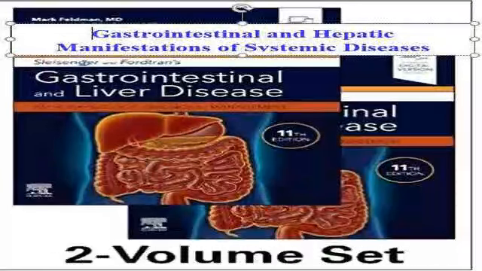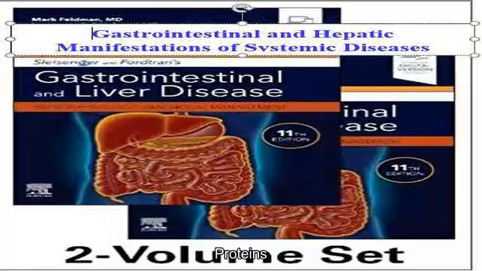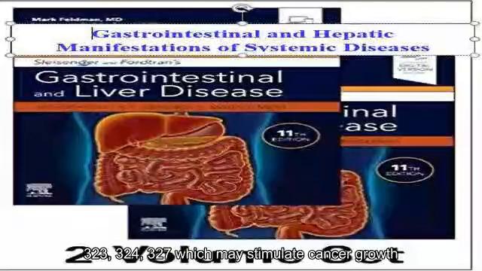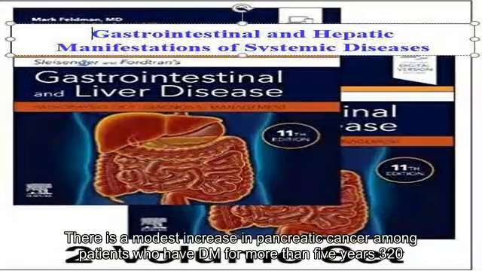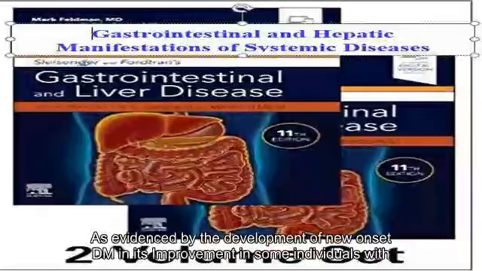326 Insulin resistance with secondary hyperinsulinemia lowers the concentration of insulin-like growth factor, IGF, binding proteins, leading to an increase in bioavailable IGF-1 concentrations, 323, 324, 327 which may stimulate cancer growth. There is a modest increase in pancreatic cancer among patients who have DM for more than 5 years. 328, 329 Conversely, pancreatic cancer causes DM, as evidenced by the development of new-onset DM and its improvement in some